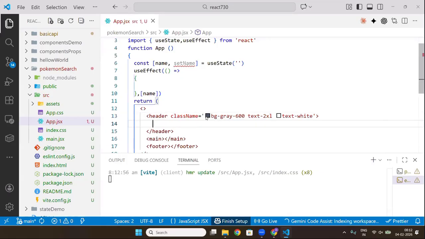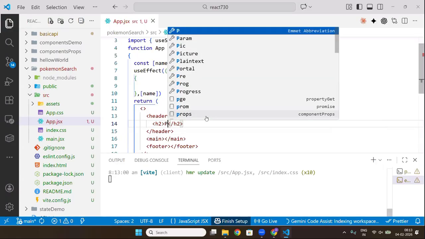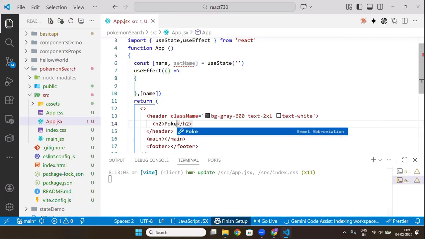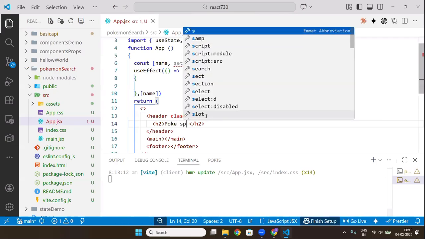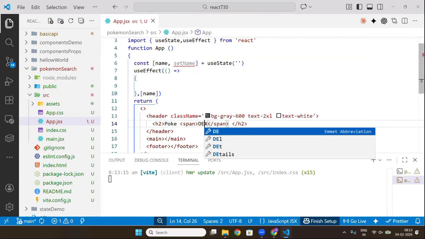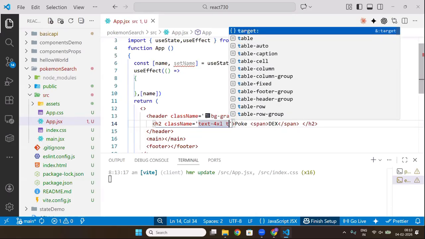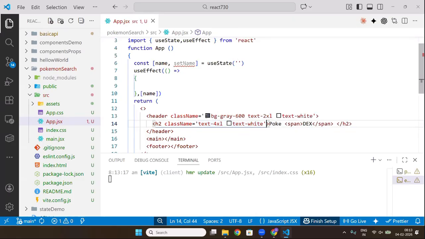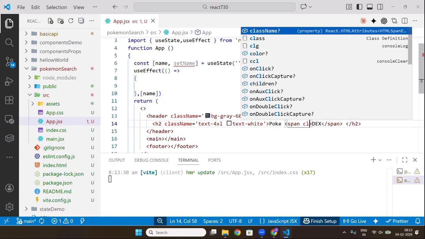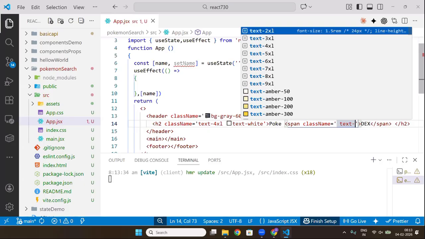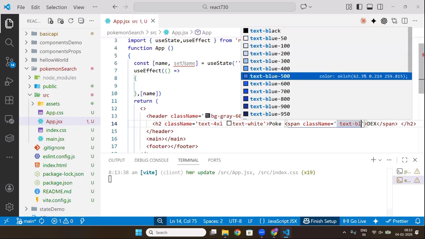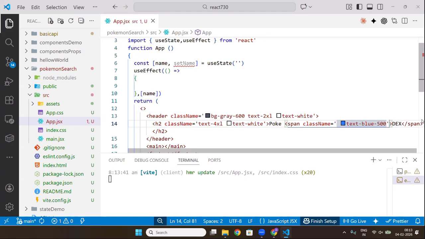And here h2 Pokedex, span, span dex, class name text 4xl, text white, and class name text blue 500. And